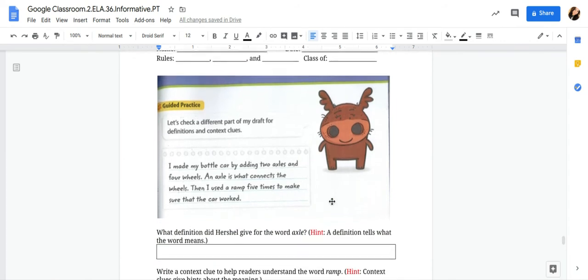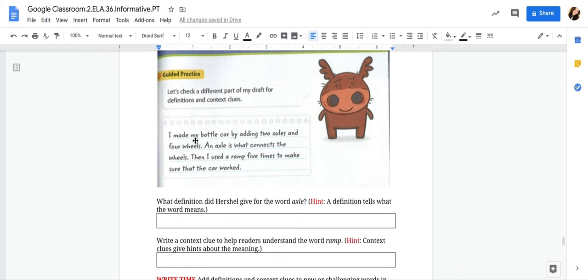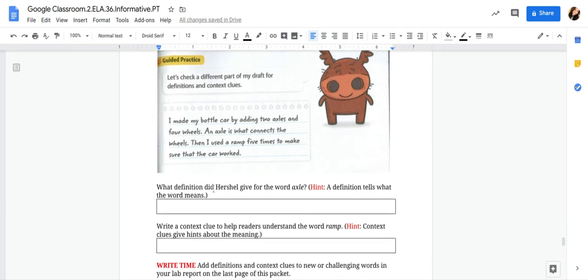So, let's practice. Let's check a different part of my draft for definitions and context clues. I made my bottle car by adding 2 axles and 4 wheels. An axle is what connects the wheels. I used a ramp 5 times to make sure that the car worked. The definition